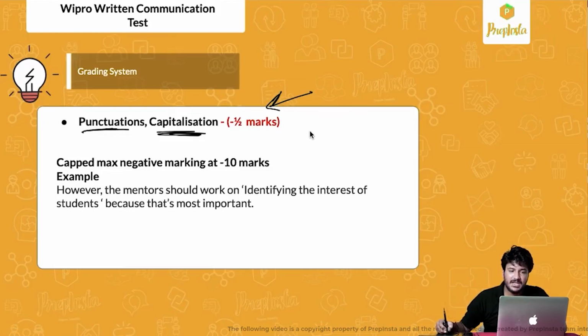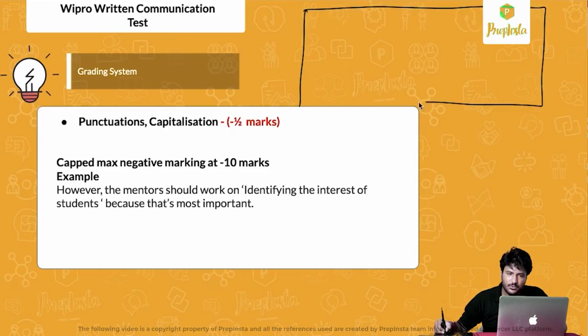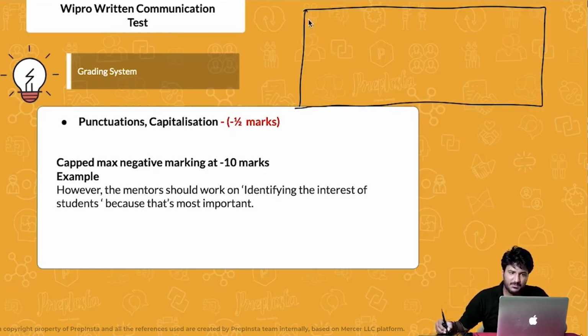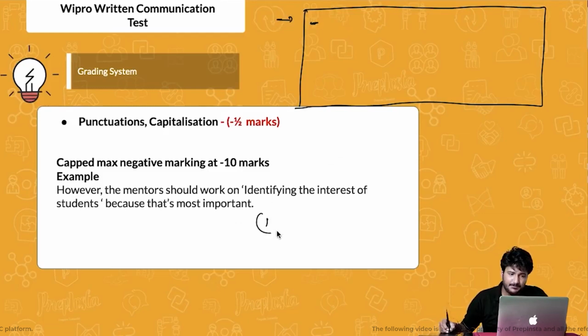So for example, capitalization. What happens is Wipro will give you a box, which is basically a text editor, and you will start writing in it. Now, by capitalization they mean that obviously the first letter from where you are writing for each particular paragraph has to be capitalized. So first thing is that I'll also write first